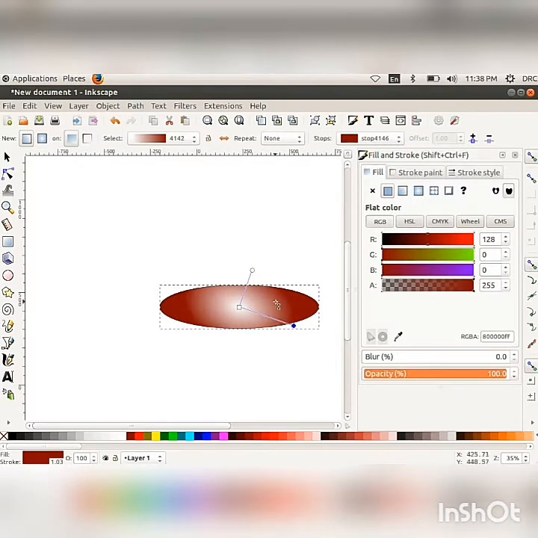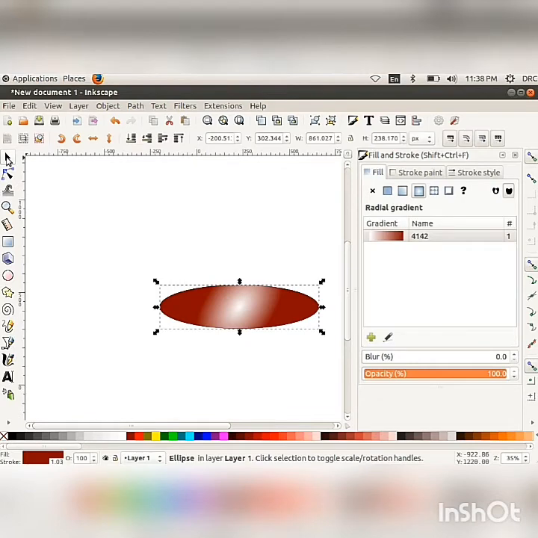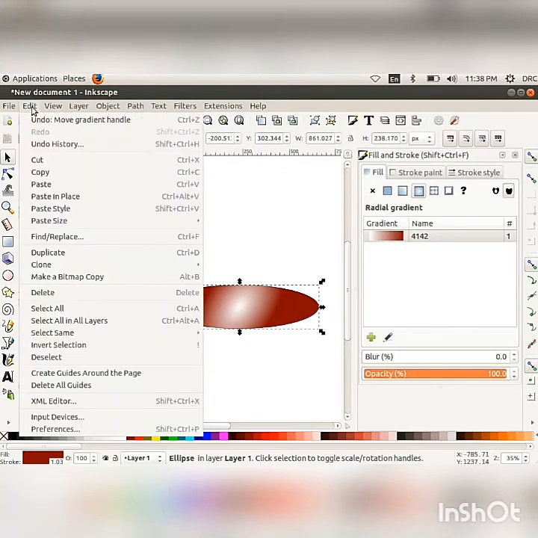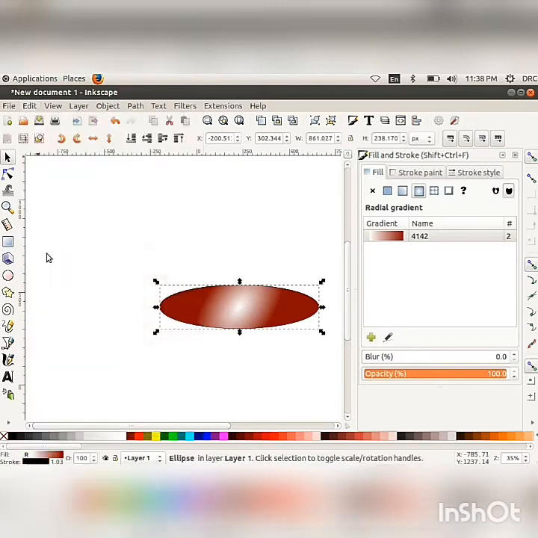After changing the position of the gradient, click on the Move tool and select the object.